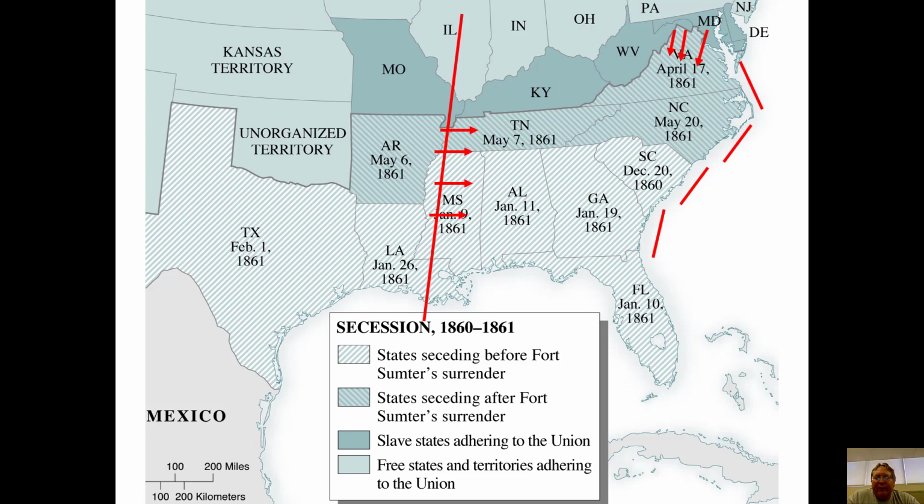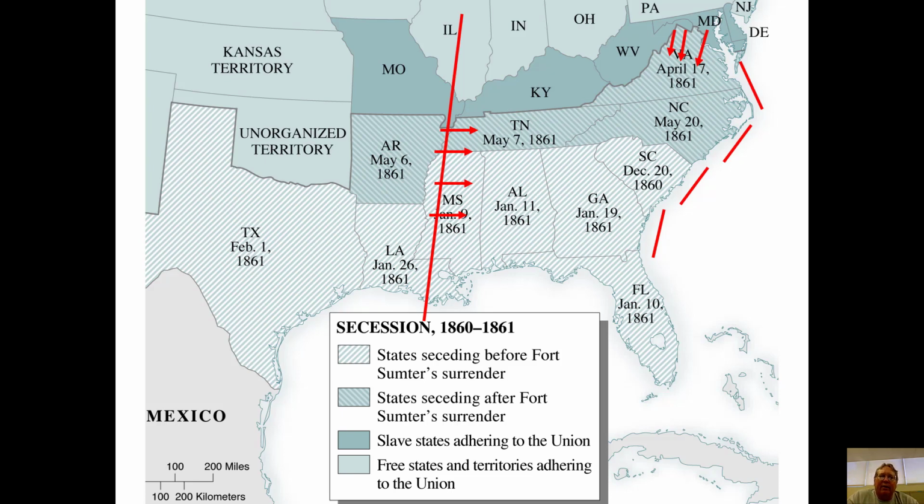So the plan for the North is to tear the Confederacy apart. Raise troops out west, split the Confederacy from east to west. Raise troops in the east and just dominate the eastern seaboard. Crush the most developed southern states, the richest southern states, and tear apart the Confederacy that way.